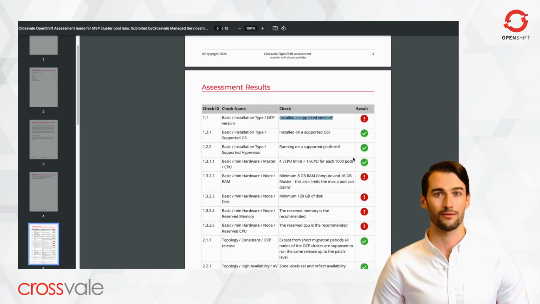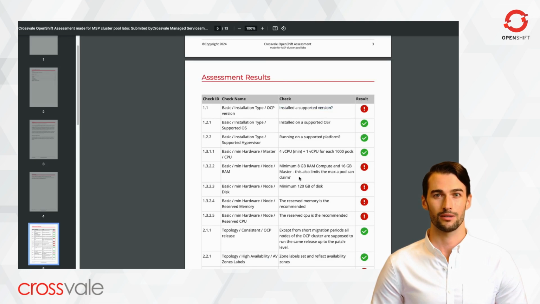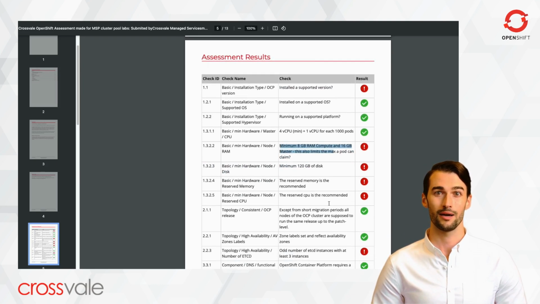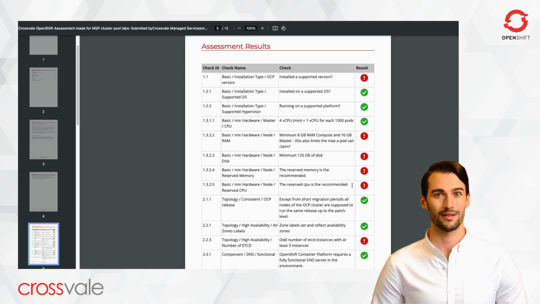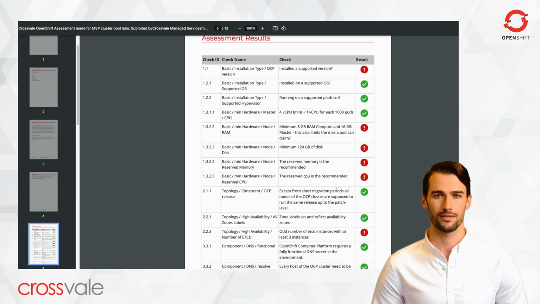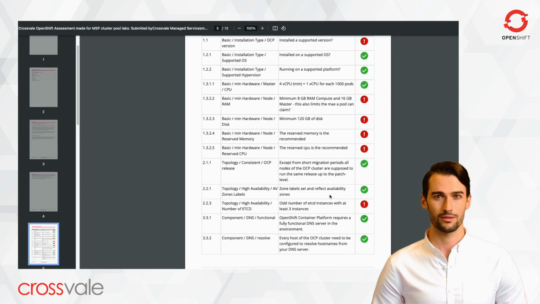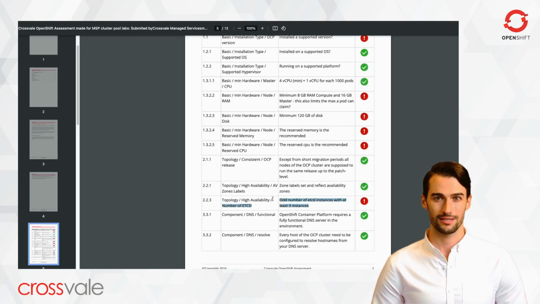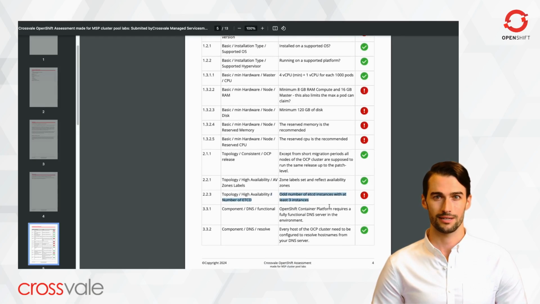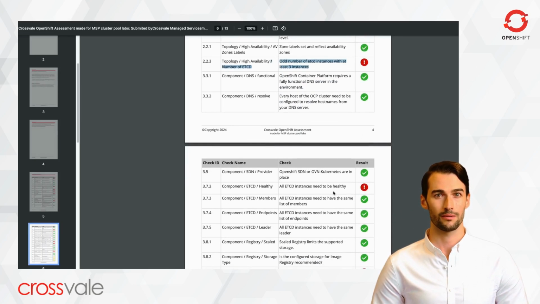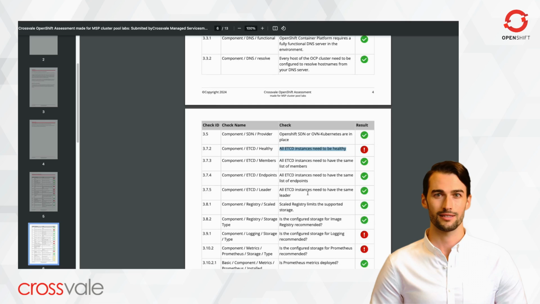It's risky to be out of support, especially during an outage. The etcd and storage from the nodes does not meet recommendation, and this could be a big issue with application sizing. Also, the allocated resources for Kubernetes are insufficient, potentially leading to node downtime. There is a problem with etcd. This is a significant stability concern, as the absence of an odd number of instances leads to an unhealthy status.